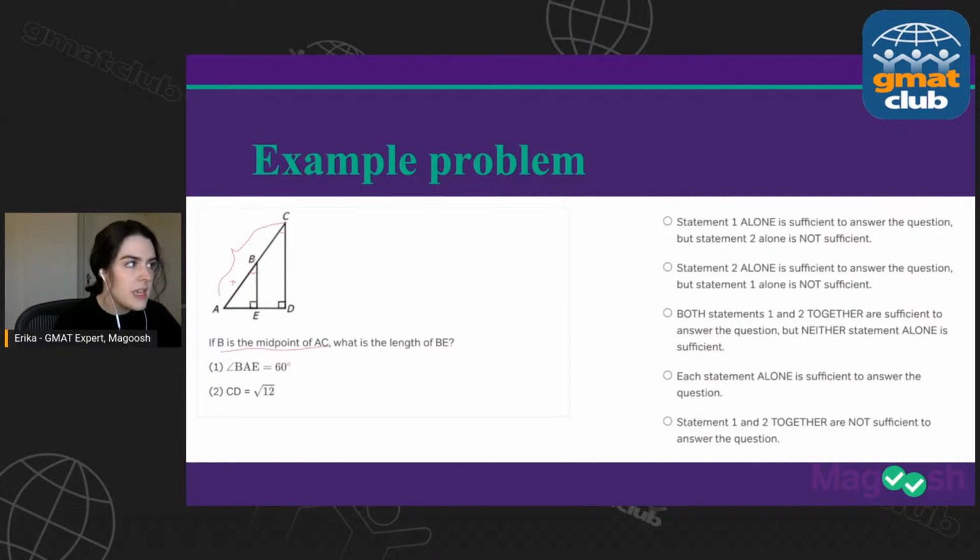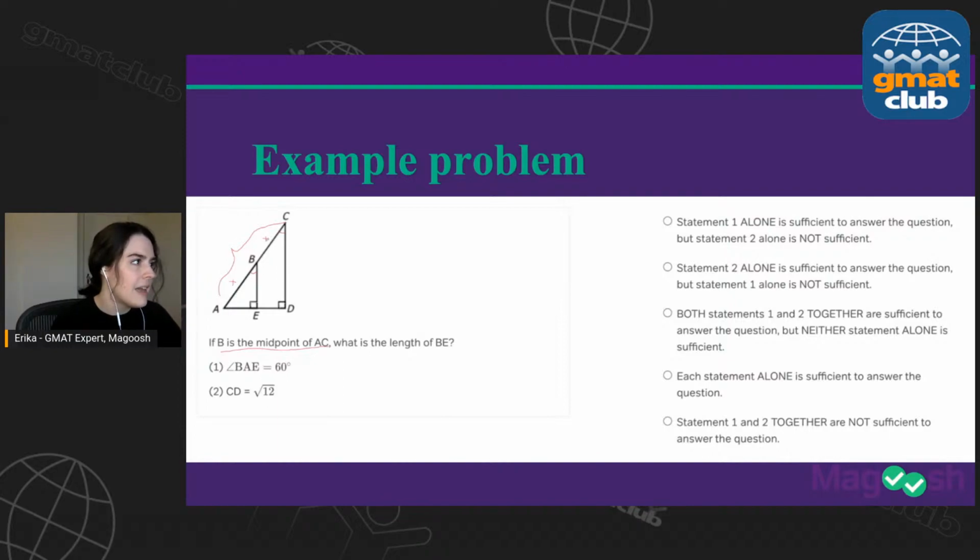Okay, so we see B on our diagram. It is the midpoint of AC. Okay, well, what does that mean? And Ramon's got it. Okay, if B is the midpoint of AC, that means AB is X and BC is